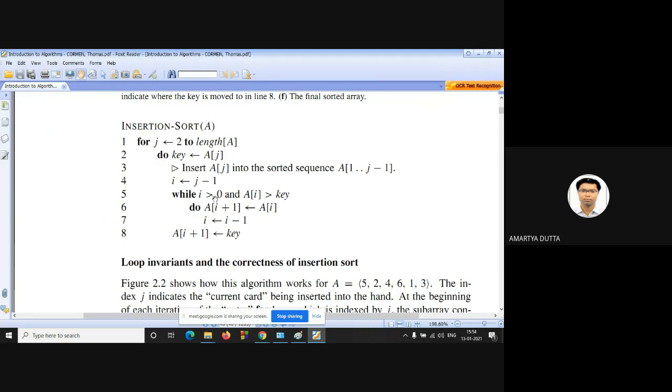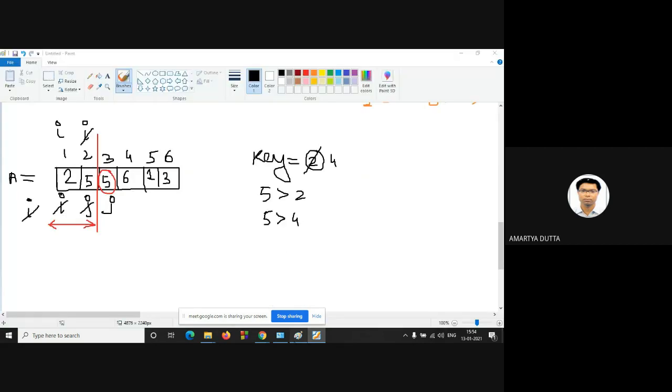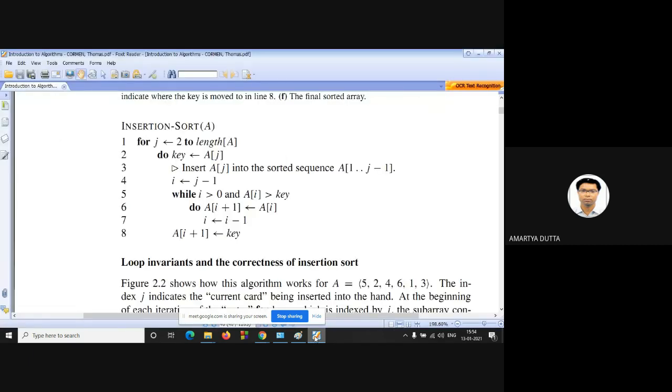Now, while I is greater than 0, yes, and AI is greater than key. What is the value of AI? Here the value of AI is 2. Now, 2 is greater than key? So this is false. Okay, so we stop out of the loop.